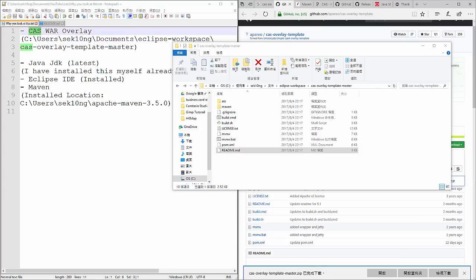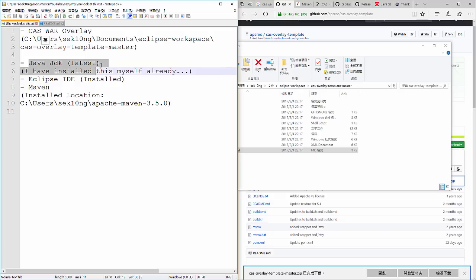Okay, so now after you download and install all the things, you will have all these files in your system. The most important one is obviously the CAS overlay. What I tend to do is try to build or run everything, and if I face an obstacle, then I will try to debug it. So I want to start to build the application and see what type of things are stopping me from running it.